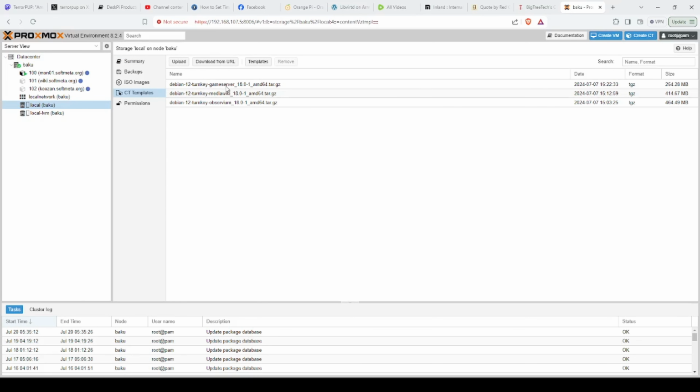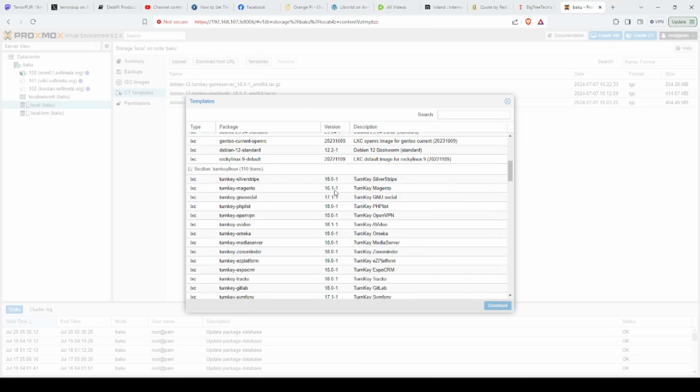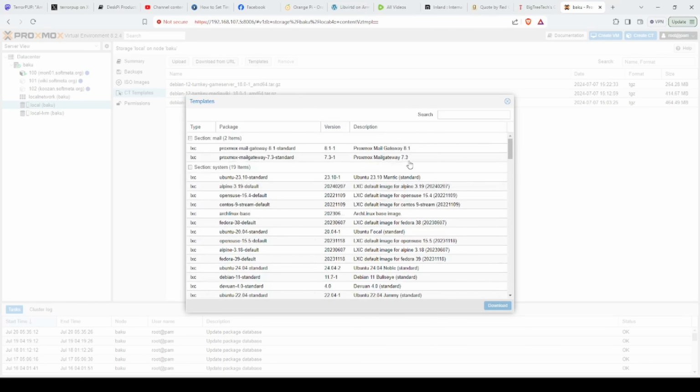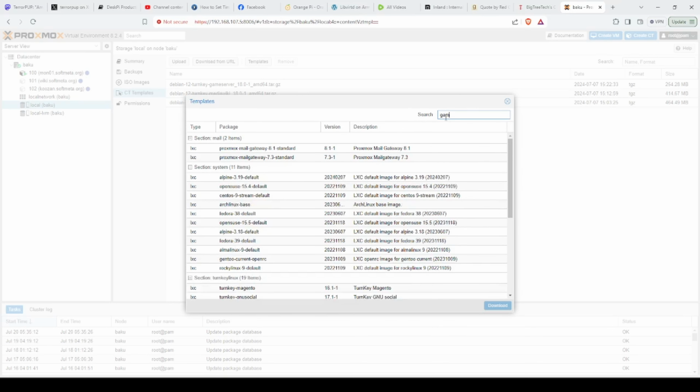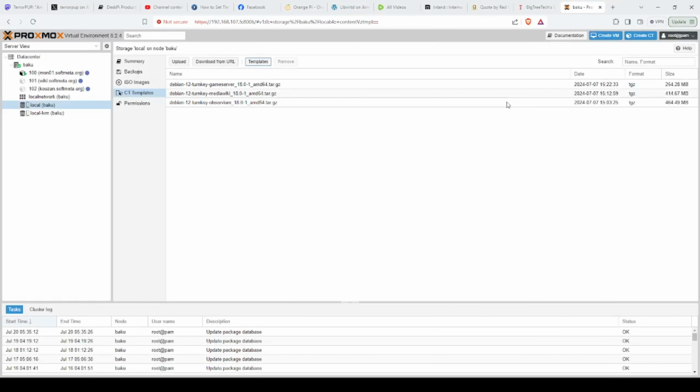And I've already downloaded the game server, but just to show you how I got it, we're going to click on templates, and we would just scroll down, but that takes a while. Just up in the search, type games, and it's going to come up, and you're going to click on it. And you'll hit download. Now I already have this download, but you would see it go through, and once it's downloaded, it's there. Now we have our template,